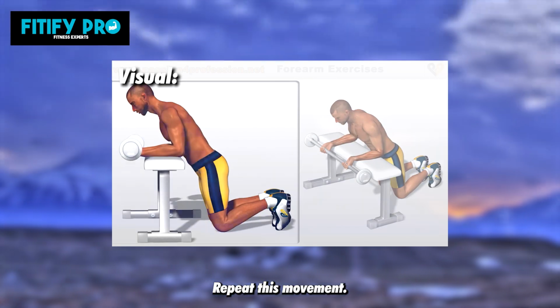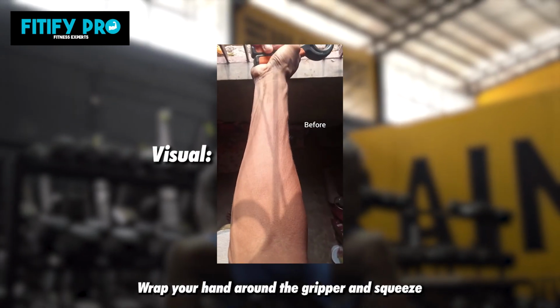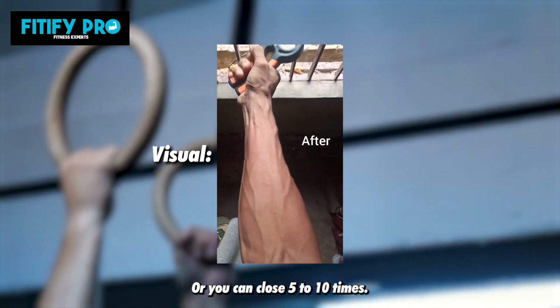Repeat this movement. Grip crushers. This exercise involves using hand grippers to isolate your grip and forearm muscles. Wrap your hand around the gripper and squeeze until the handles touch. Warm up with easier resistances before doing 2 to 3 sets with a gripper you can close 5 to 10